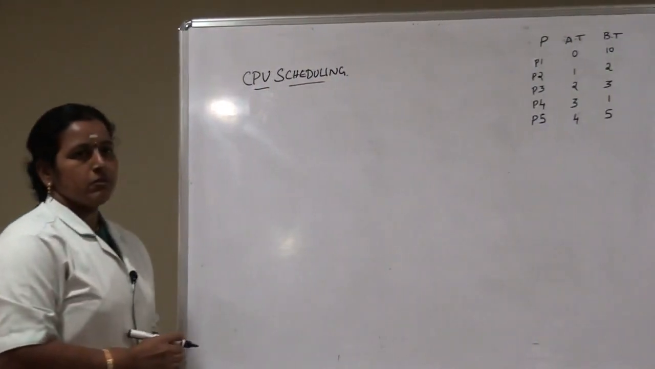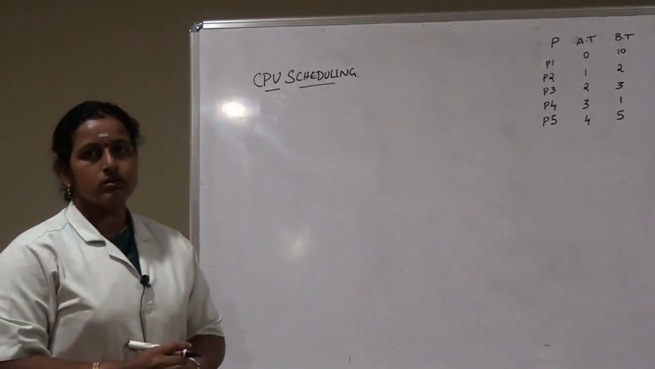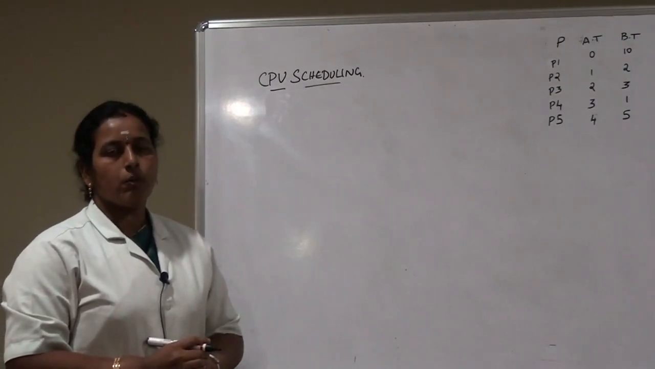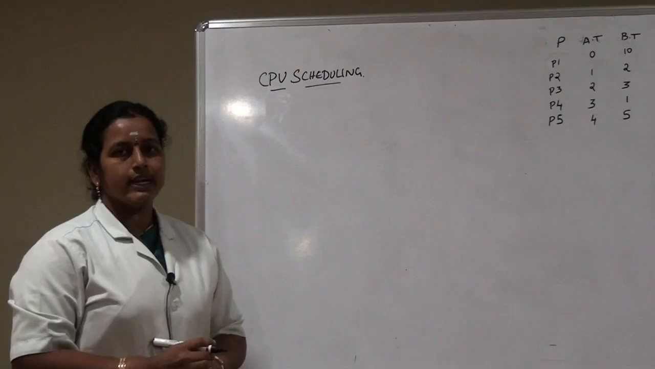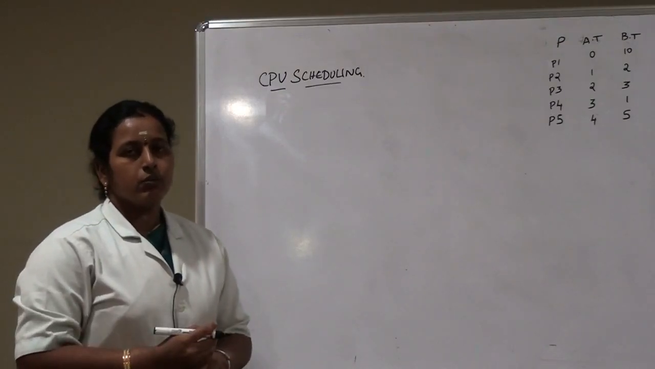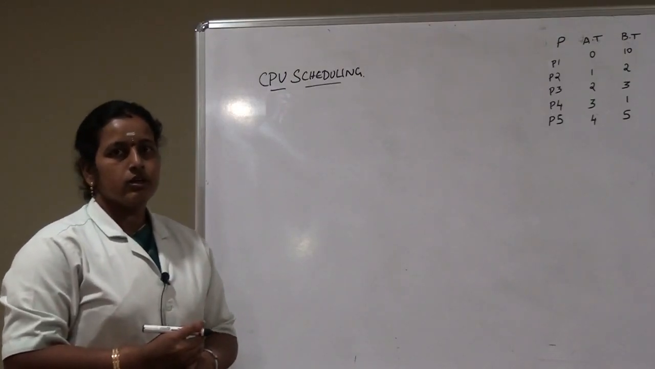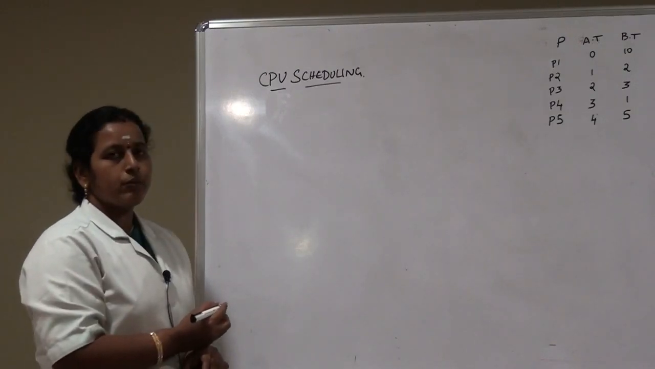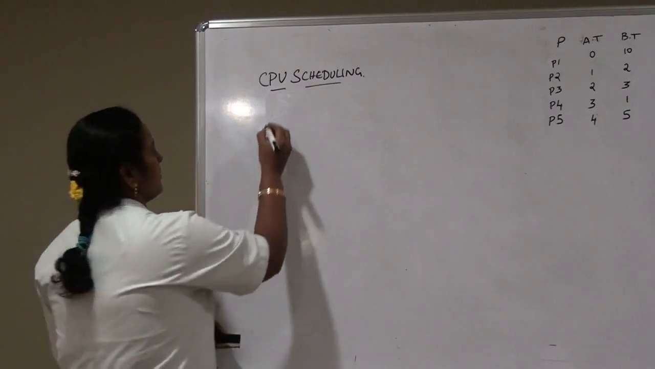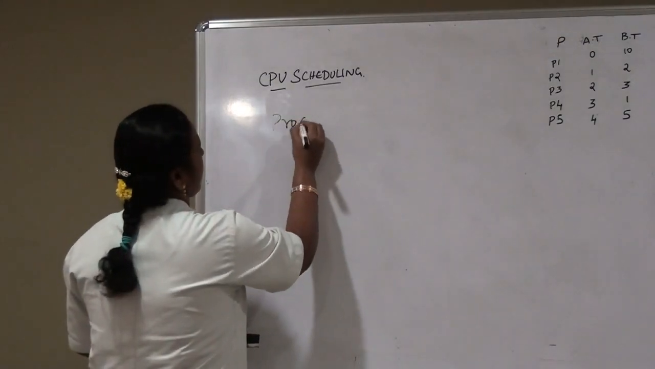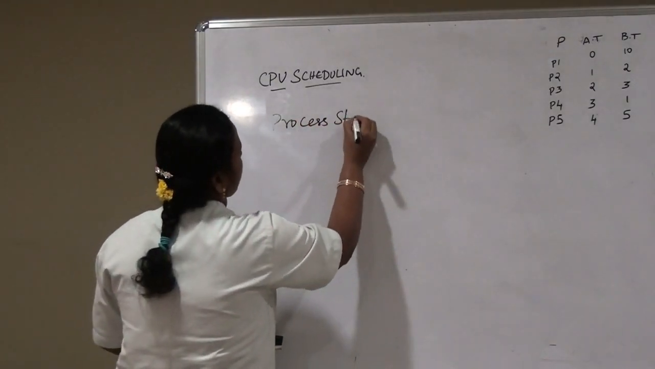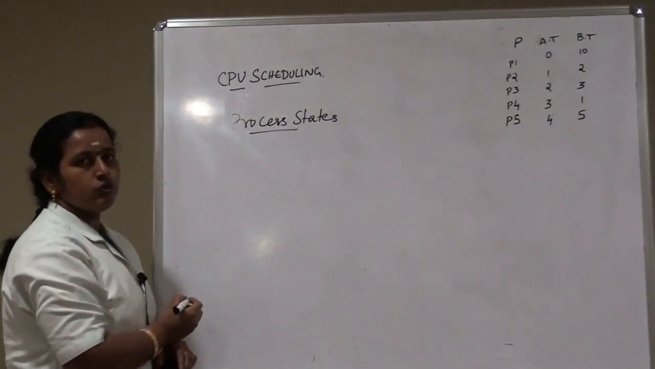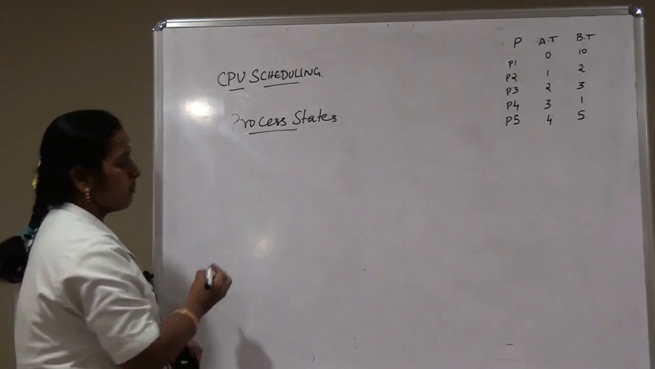So what does scheduling mean? Scheduling is a process in which, while executing, the operating system allocates its work by using priority. Before going for scheduling, let us see the process states. Normally a process will be in 5 states, namely